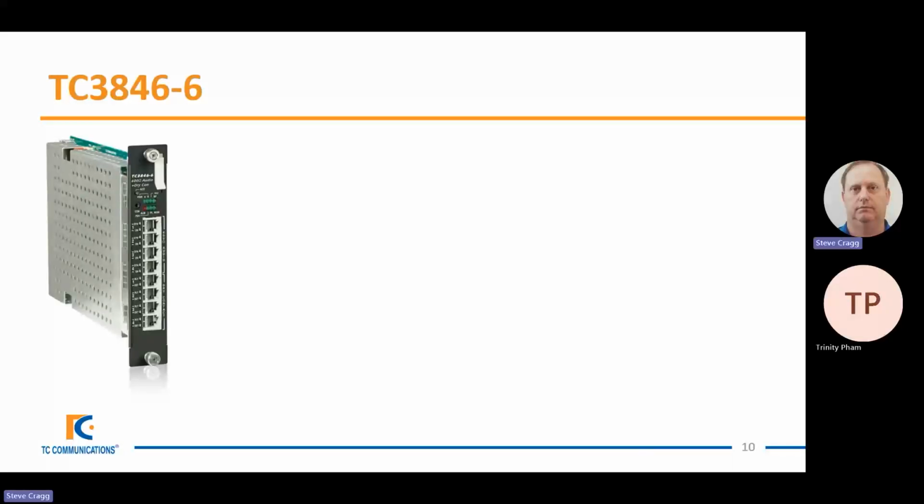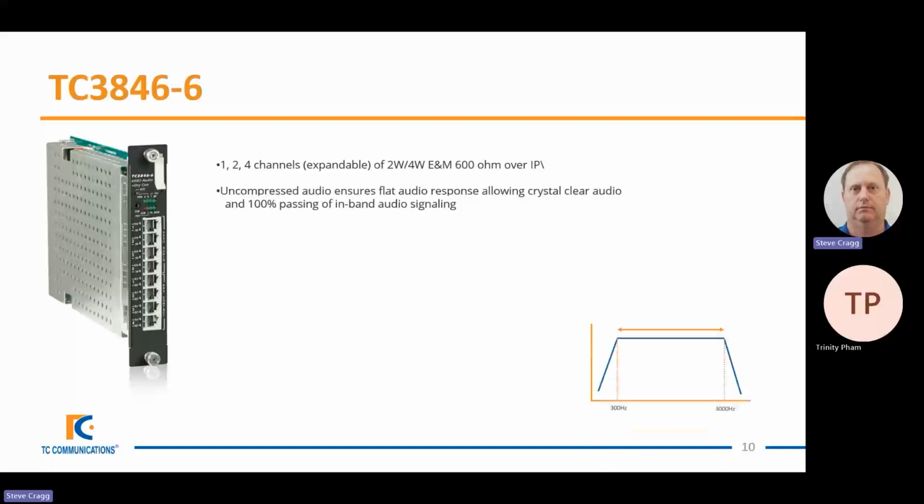So let's just talk about the 3846-6. Hopefully not too much for the people who have seen this before. As I mentioned, 2-wire, 4-wire E&M over either 1, 2, or 4 channels in a single card. Key feature for this, for your analog system, is completely uncompressed audio, so no digitalization of the audio. It means you get completely flat audio response, gives you that great analog audio across there, and most importantly passes